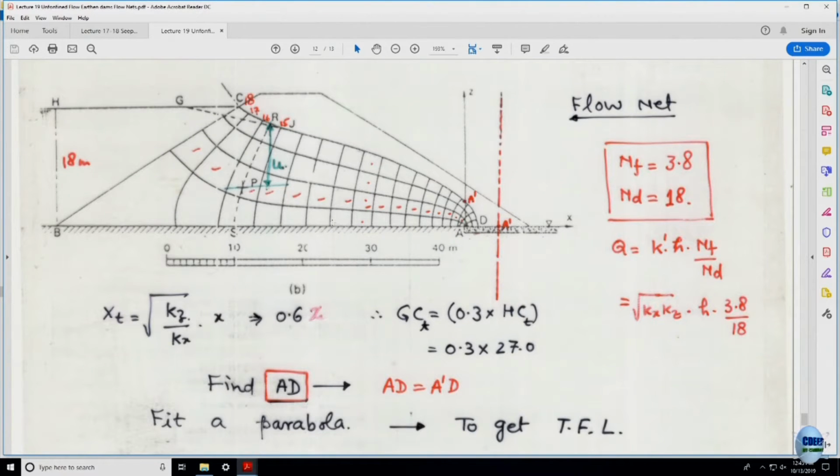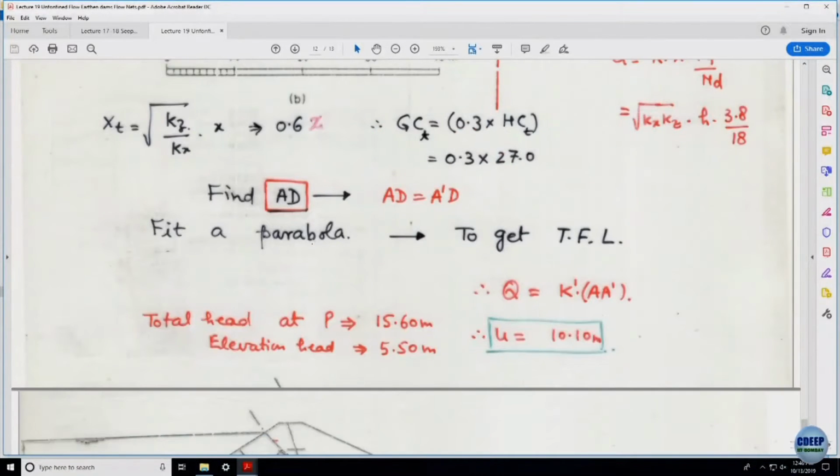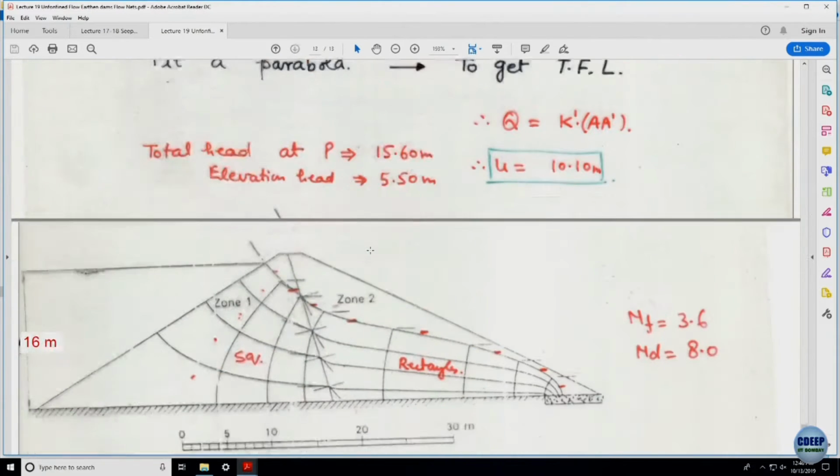Is this okay? I will repeat it again. After drawing the flow net, if I want to find out pore pressure at any given point, what I have to do is interpolate the equipotential line passing through that point, and find out where this equipotential cuts the top phreatic line. The vertical distance between this point and the horizontal plane which is passing through point P is nothing but the pore pressure. This is a good example of unconfined flow under homogeneous conditions, anisotropic conditions, and you can solve the problems. Practice it by following some book.